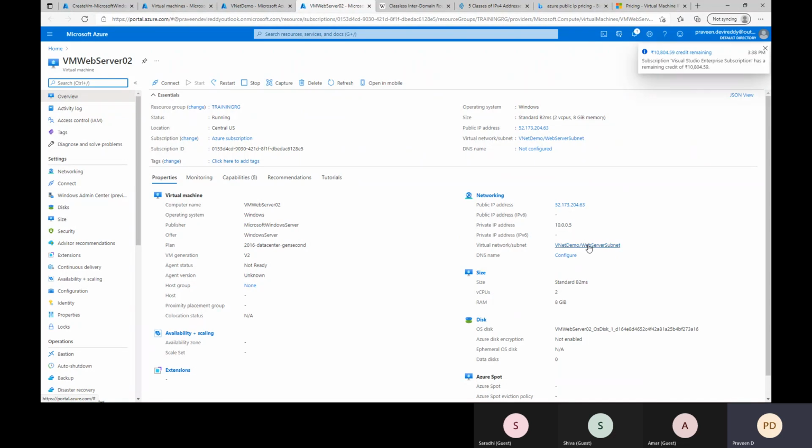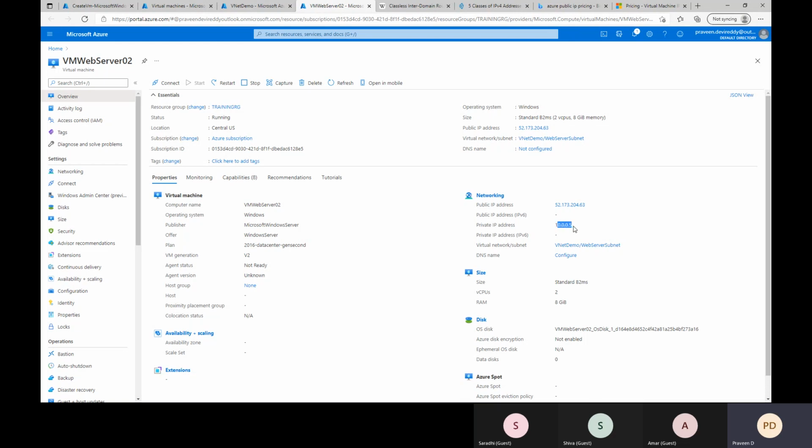If you see the first web server, it has taken .4, and for this it is .5. The CIDR notation of the web server subnet was 10.0.0, so the same thing it has followed here also: 10.0.0.5.